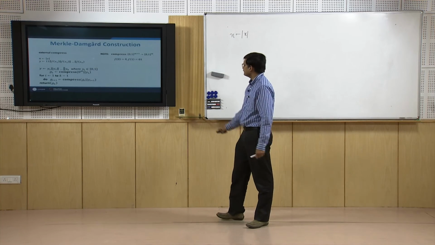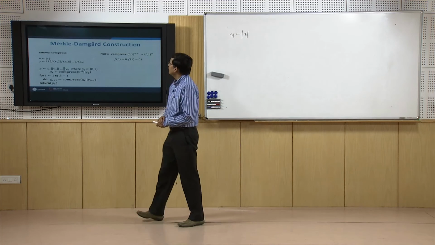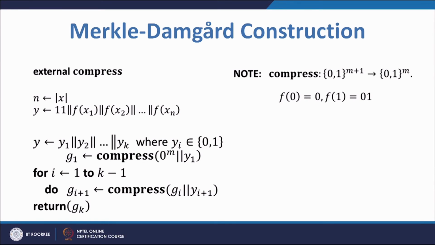So, for that we have another algorithm, this one. So, here t is equal to 1. The compress function is a function from {0,1}^(m+1) to {0,1}^m, and we are taking the length of x as n, and there is a particular way of concatenating and finding y. First we will put 2 1s, then concatenate with f(x1), f(x2) and so on, where f(0) is 0 and f(1) is 01. We will have to put it like this,